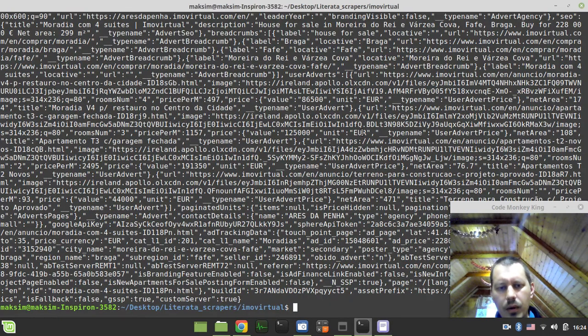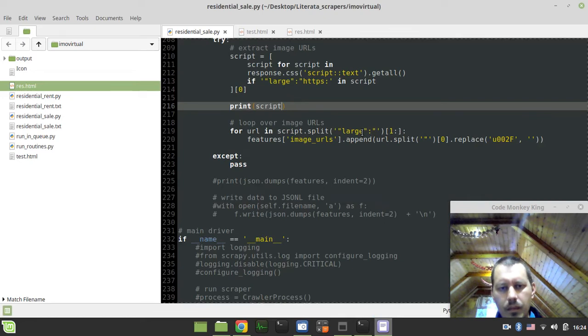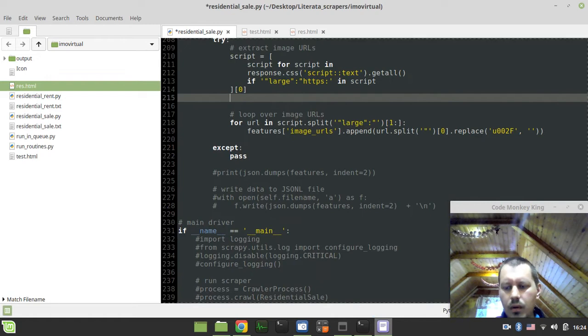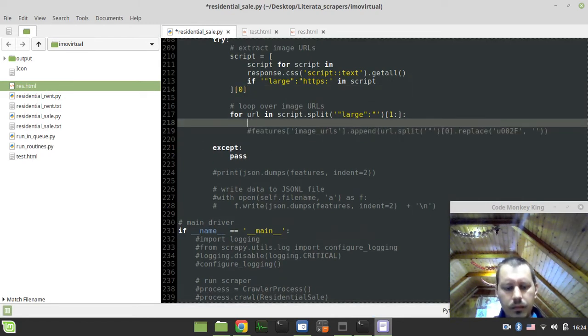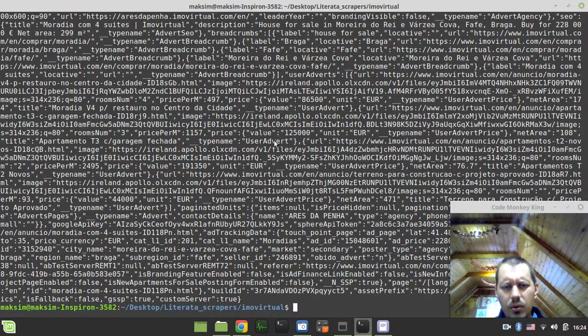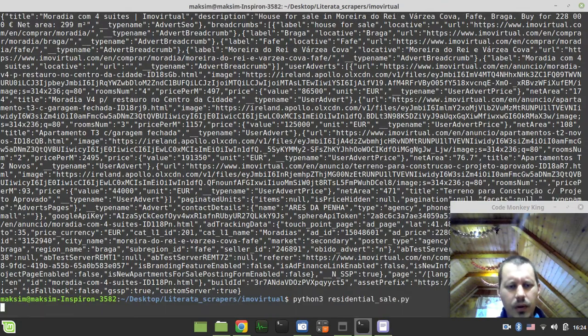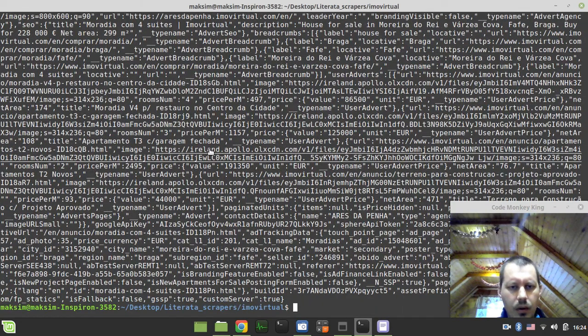Okay, I was splitting by the large. Okay, so just a matter of selector as well. Let's print. I'm not sure what kind of URL this is ever to be about.